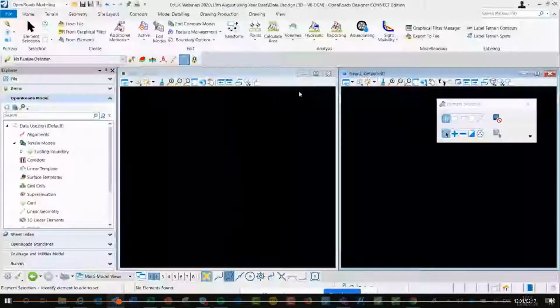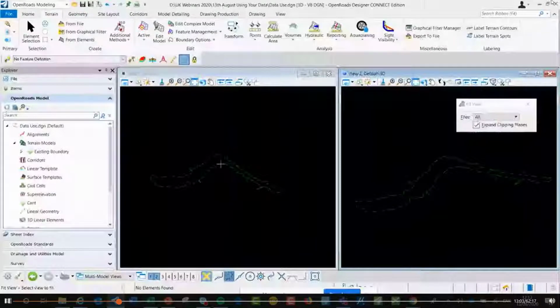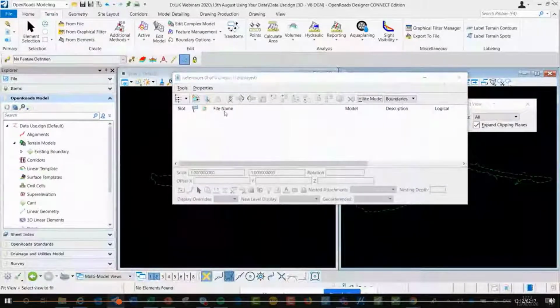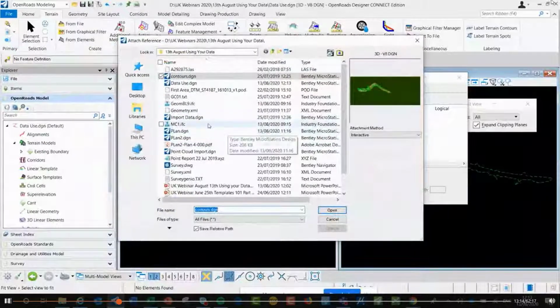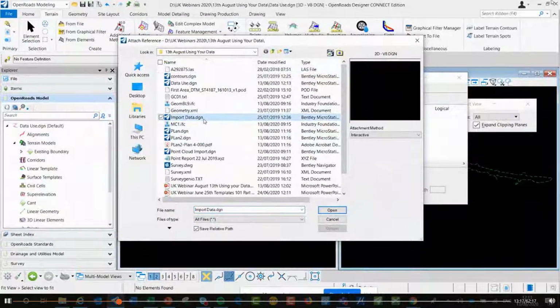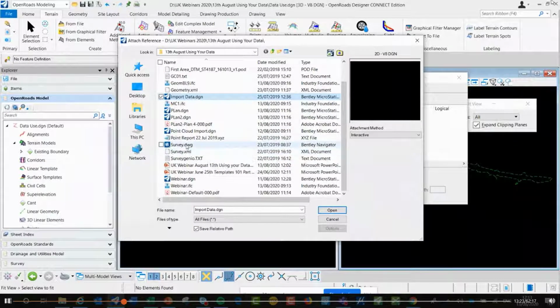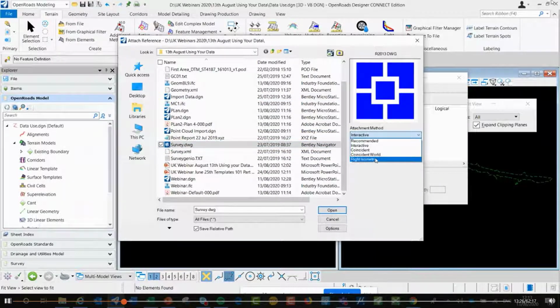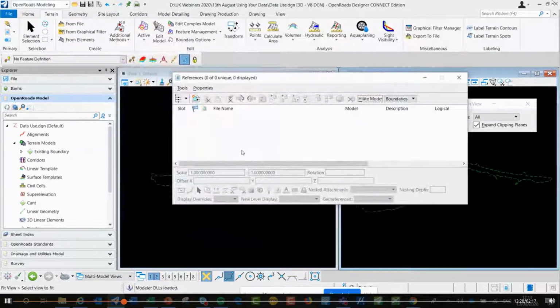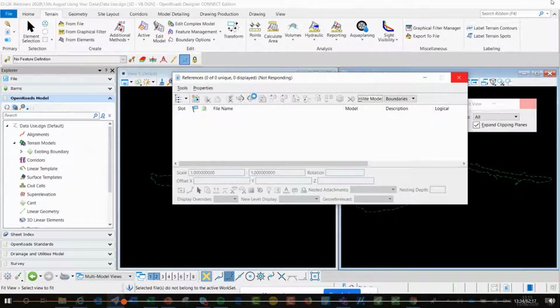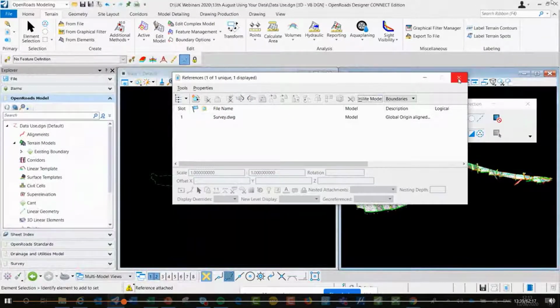I've only imported the terrain here because of how I tend to work, and this isn't how it works for everybody, but I would then probably go and reference in the data if I've got it in a DWG format. Is it this one here? I'm trying to remember which one it is. No, it's not. It's survey.dwg here, coincident world, and open that up, and hopefully I've chosen the right one. We should get a DWG referenced in. Sometimes it takes a little while depending on the complexity of the data, but as you can see here now,